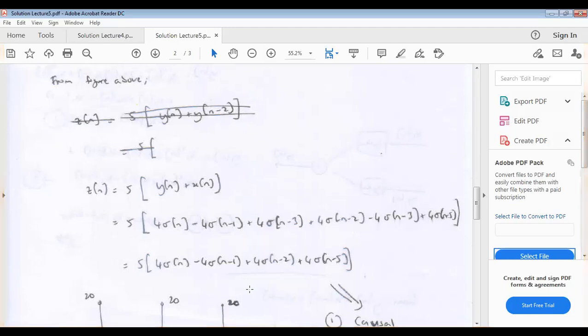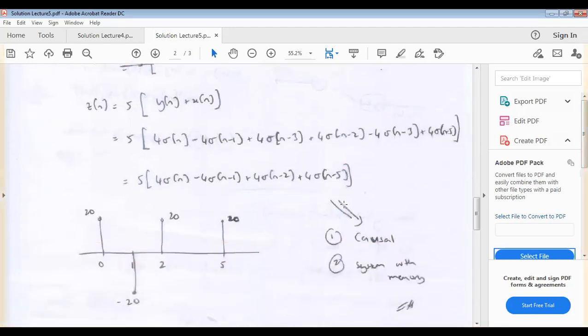So in the end we're going to have 4 impulses with an amplitude of 20 for n equals 0, negative 20 for n equals 1, positive 20 for n equals 2, and positive 20 for n equals 5. Okay, so based on this equation, we can see that the output of z[n] will depend on